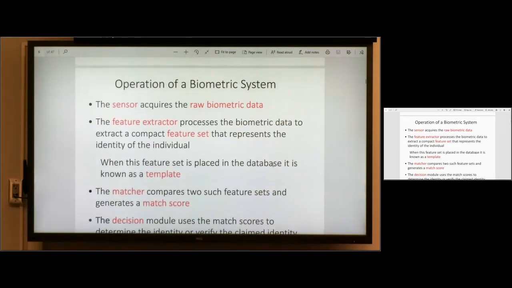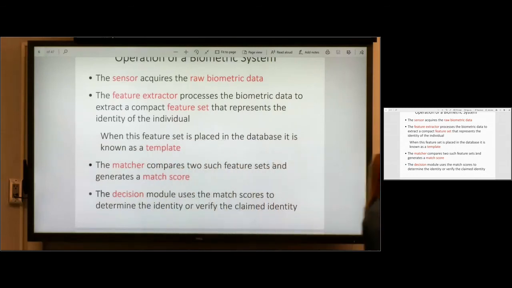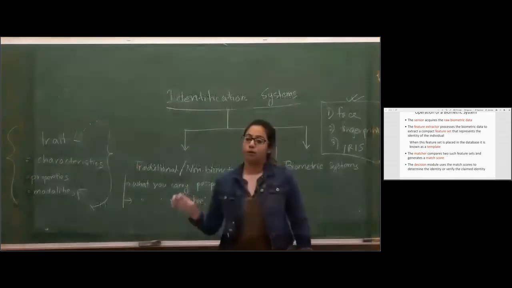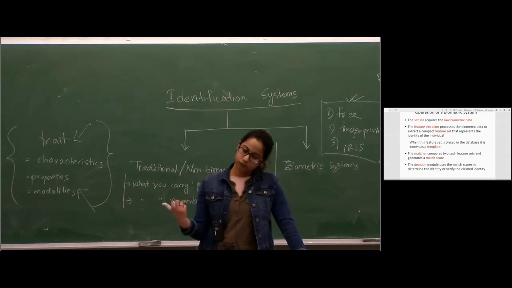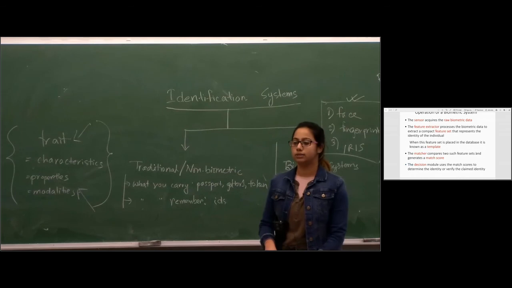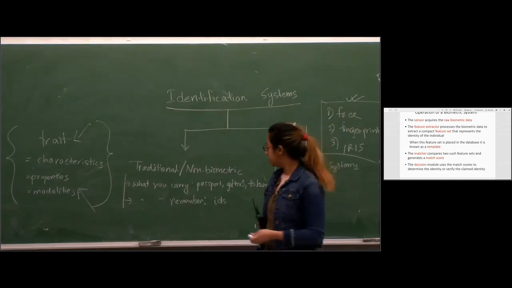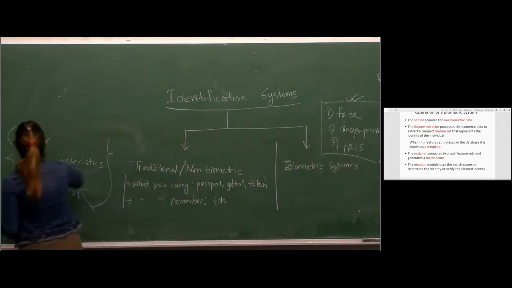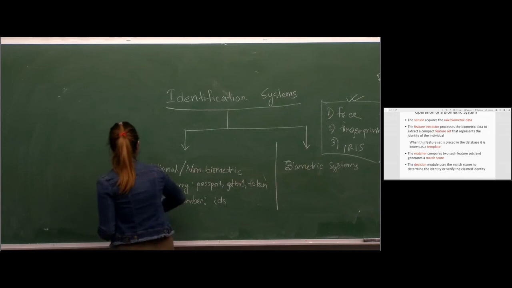Okay, so we talked about so many biometric properties, and with those properties you can build a biometric system very easily. But the major operation, or how the basic units of a biometric system work, is pretty common for any biometric property. So I will draw a picture just to show you how these biometric systems actually work.